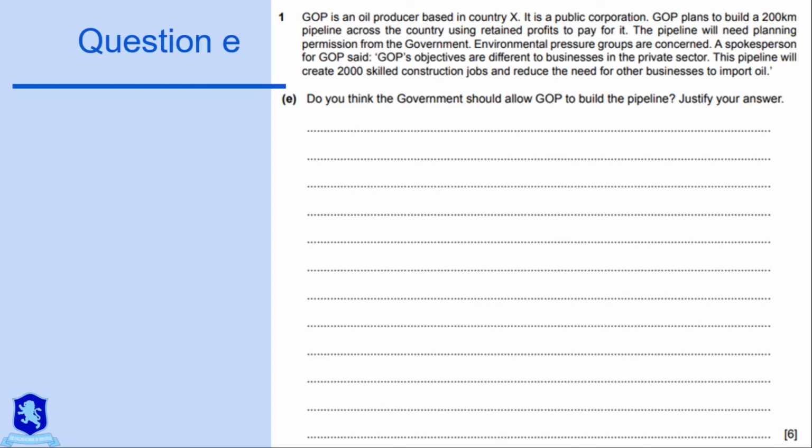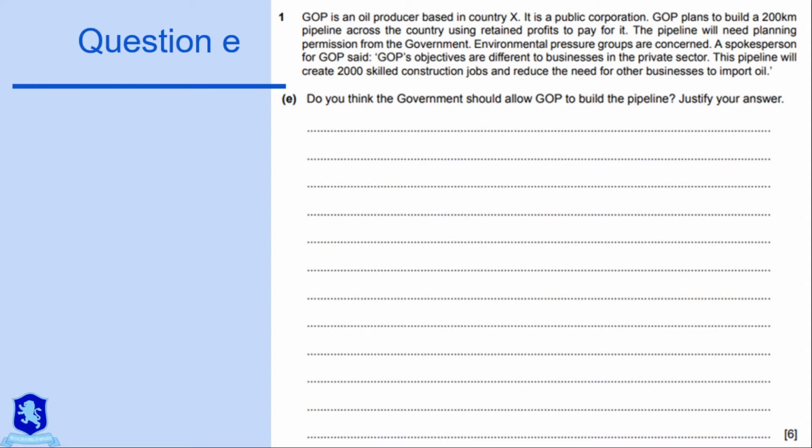In the text, it's written that it would create 2,000 jobs. So it's a reference to the business, and it's the application point. Then you need to show why it matters. It would be a great source of revenue for the local population. That's the analysis point. Now, if you want to get the evaluation point, you need to actually answer the question,